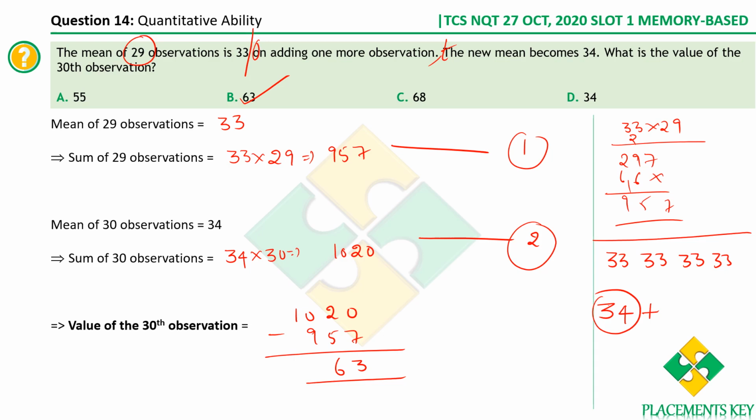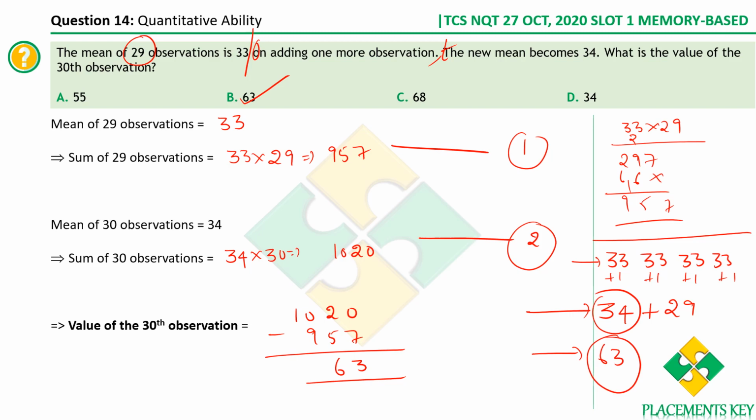We know that each of them initially had only 33. Now each of them has got one more, because average has become 34, right? So each has got one more now, plus 1 plus 1 plus 1. So there were 29 people. So totally the deviation is what? 29 more. Effectively they've got 29 more because of the new person. Therefore the new person should have the value which is 34 plus 29, which again gives us a 63 value.